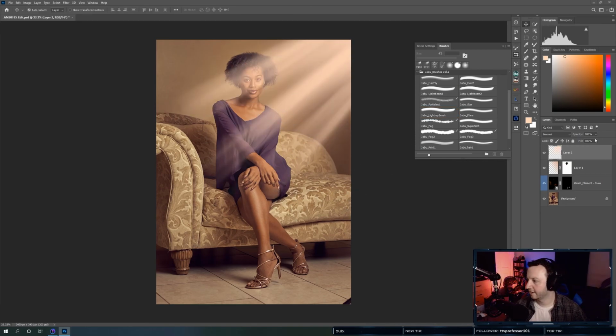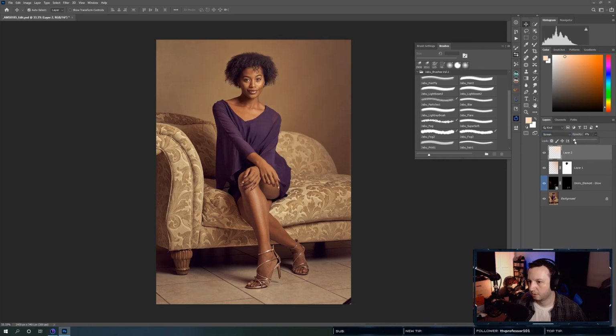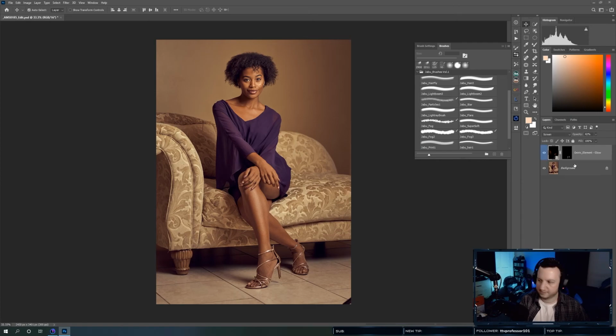So we'll do like a light ray effect. Throw that into screen. Really subtle. I don't know. That might be too much. Yep, definitely too much. Let's get rid of all that. I'm going to leave the shine in the shoes because I do like that. Maybe a little bit more.